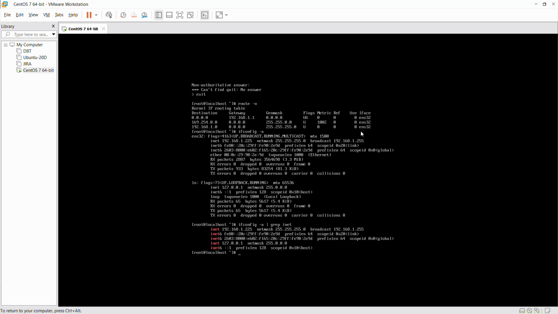There is a broadcast address which we normally don't have an idea of, but that is very important, because when DHCP is happening, broadcast has a lot of activity to be taken care of. Then you have the internet gateway. What is your internet gateway? 192.168.1.1, which is your wireless router.